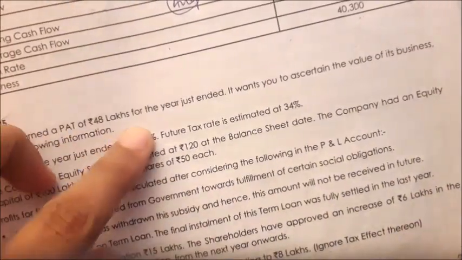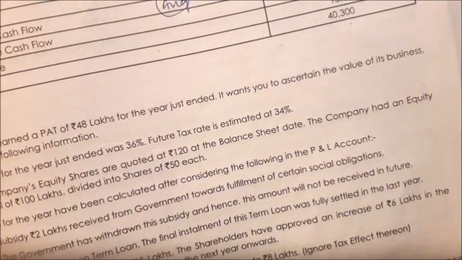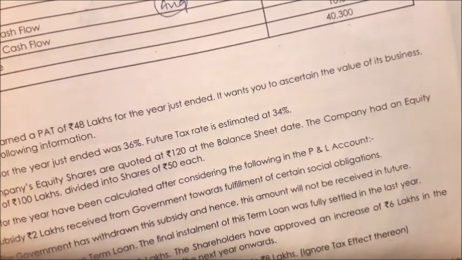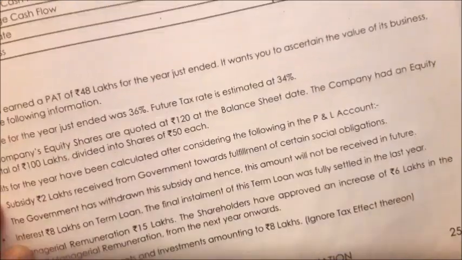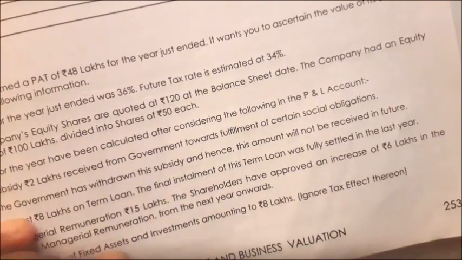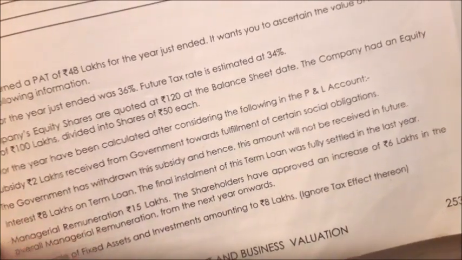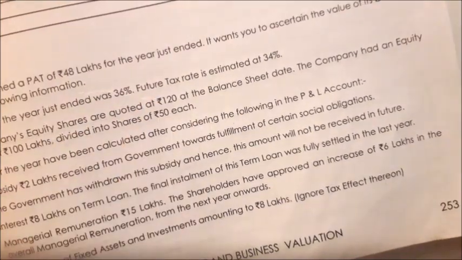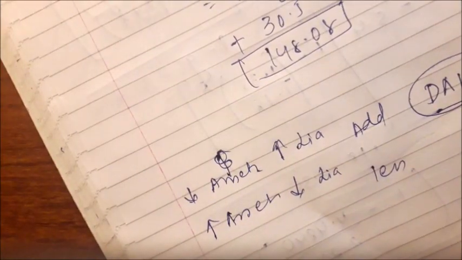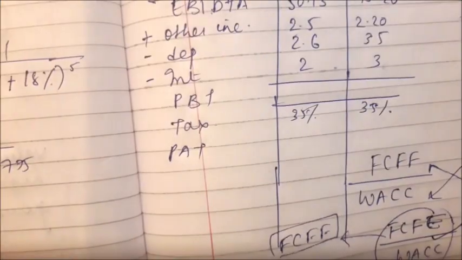So this is profit after tax. We'll calculate profit before tax. After calculating profit before tax, we will do the adjustments, and after doing those adjustments, we are going to provide future tax so that we can find future maintainable profit after tax. So let's calculate. I'm on illustration number 25.